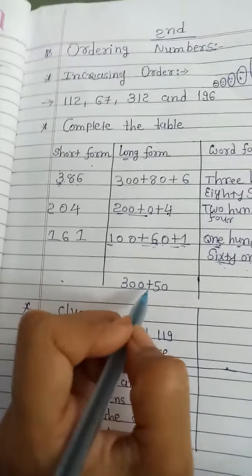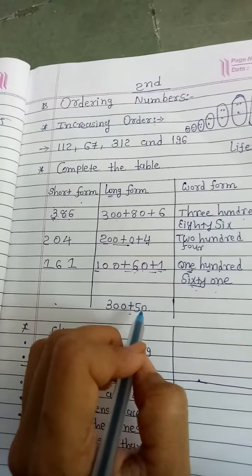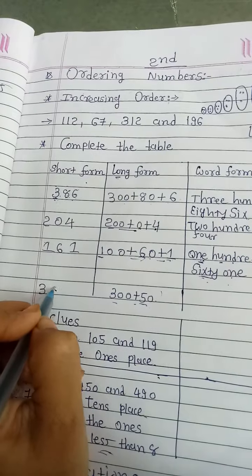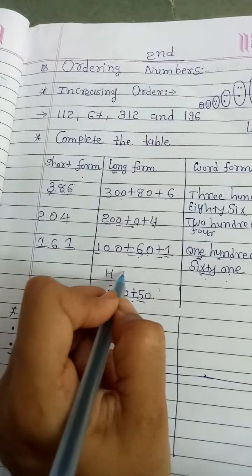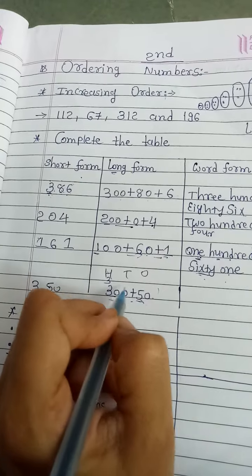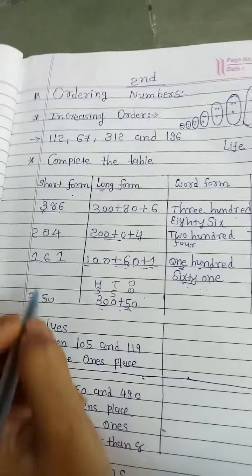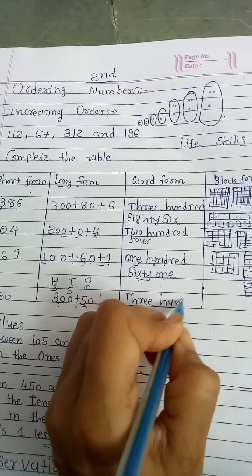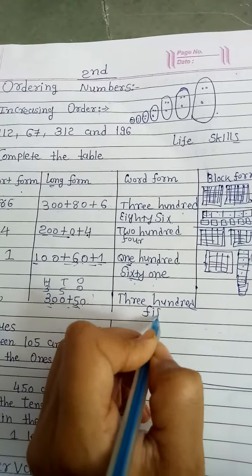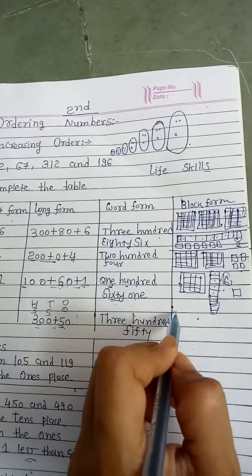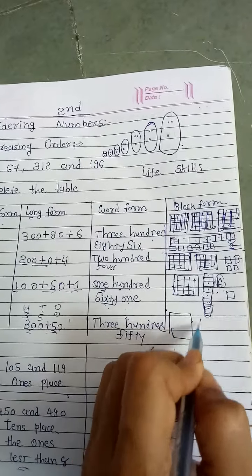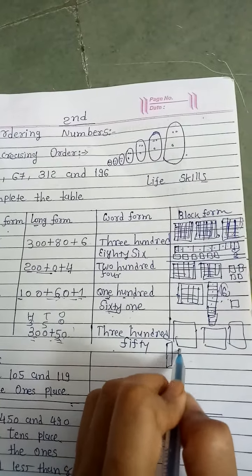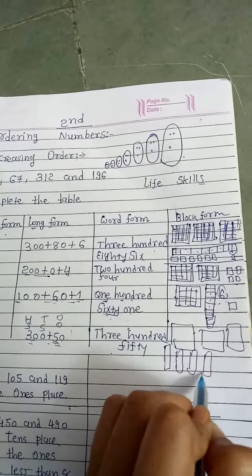Here 350. See here, nothing is given at the 1's place. So just write down 3 and 50. If you write the 100s, 10s and 1s, 3 is given at the 100 place, 1's is not given, so write 0 over there. 350. Not 15, it's 50. Now make 3 big boxes. 50 means it's 5 strips: 1, 2, 3, 4 and 5.